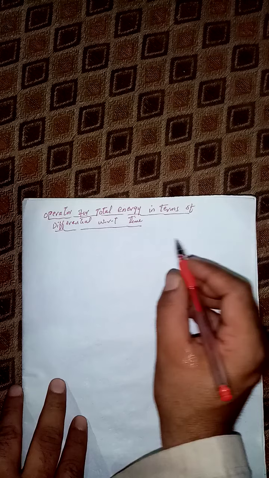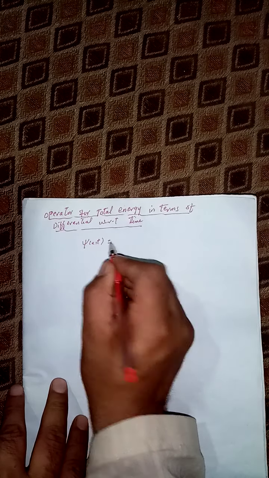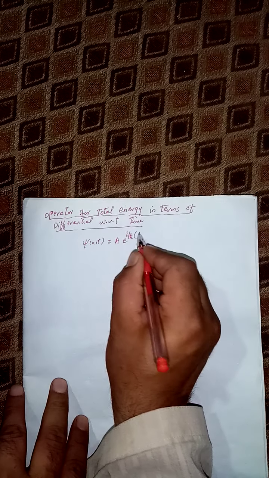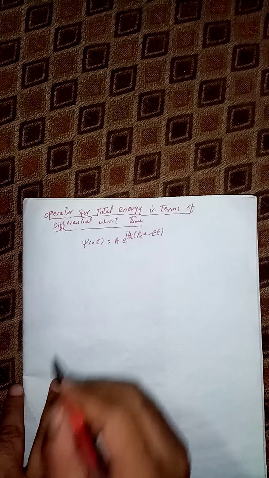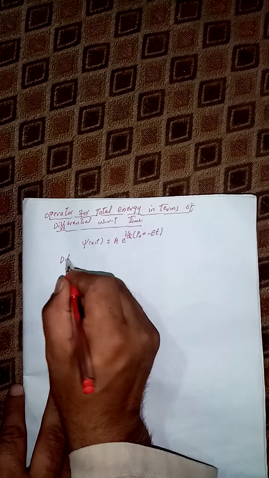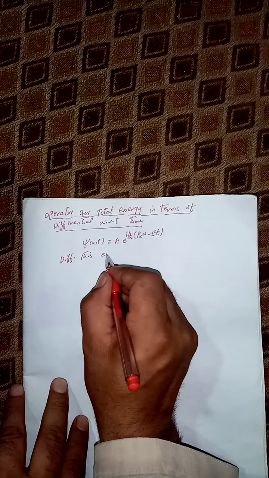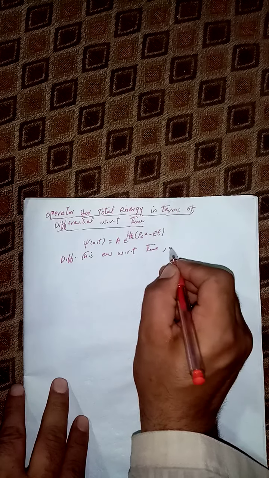Operator for total energy in terms of differential with respect to time. As we know, the wave function associated with a particle moving along the x-axis is psi of x, t, which is equal to A e raised to the power iota over h bar (p of x into x minus E t). Now differentiating this equation with respect to time, we have